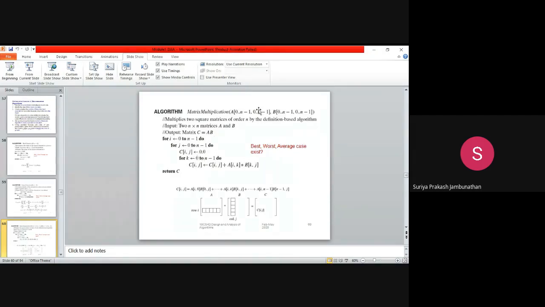So understand this algorithm; when we go to the program, I will show you the matrix multiplication program in Java tomorrow, and I'll explain the program after our lab exercise. While seeing the program, you will be able to understand how matrix multiplication works. As of now, just understand the algorithm of matrix multiplication.